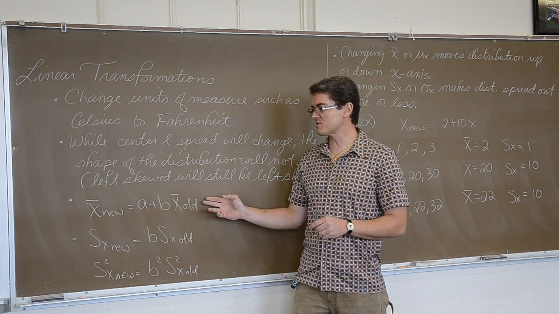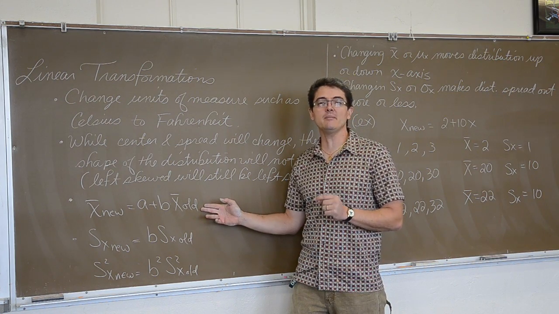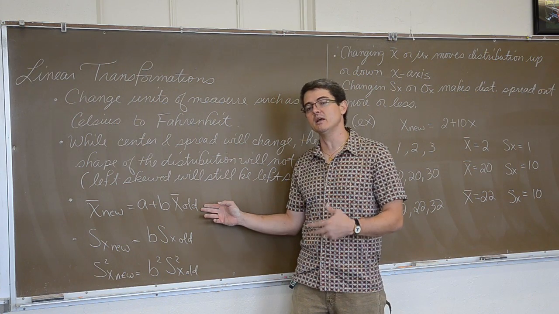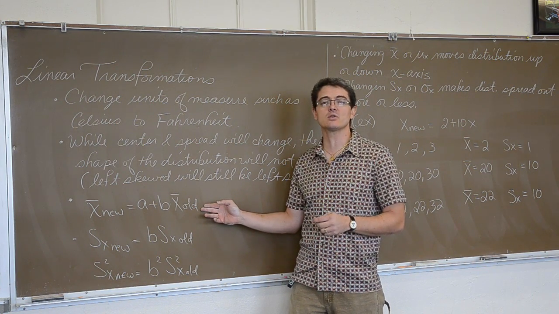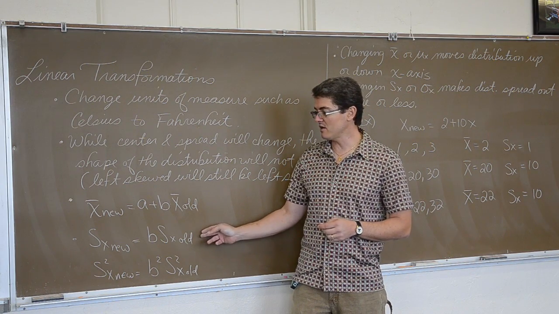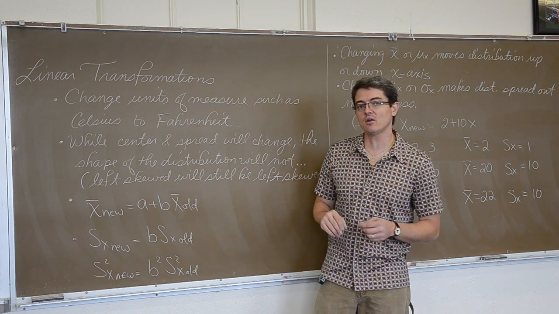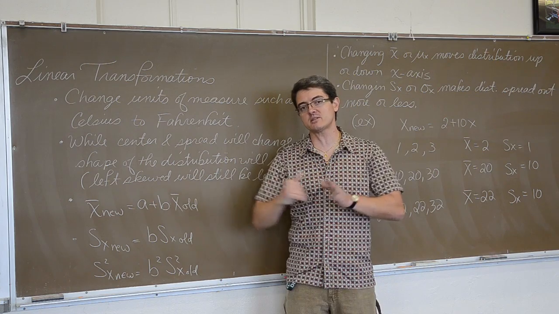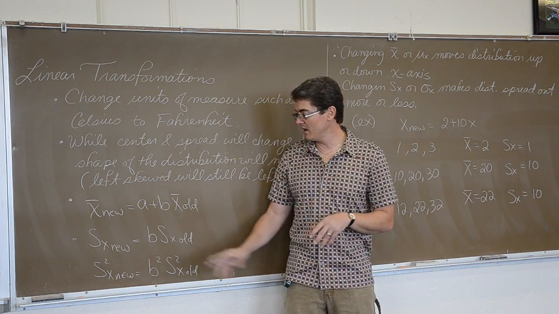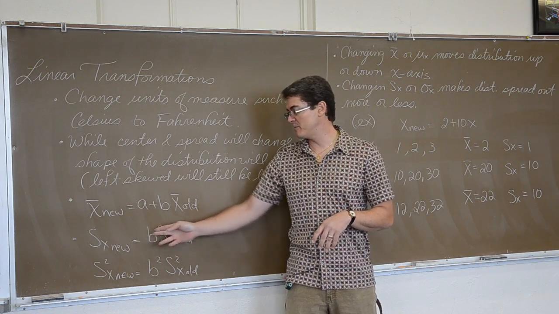And actually, this is specifically written for mean, but any measure that's not spread, mean, median, and mode, Q1, Q3, max, min, any measure you care about that is not a measure of spread will run through the entire linear transformation. Standard deviation, though, is a measure of spread, and the only thing that will affect the spread of the data, I'll show you in an example in a second, is your multiple, your b value.